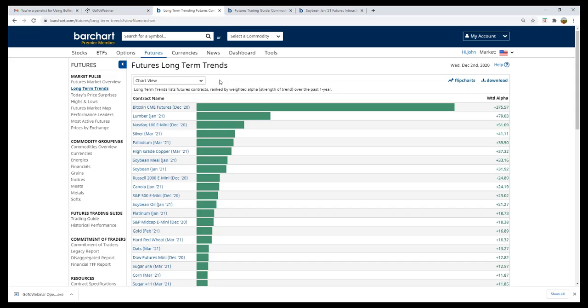And weighted alpha basically looks at a larger weighted alpha. It represents a larger price movement in recent terms versus over a longer period of time. It's really how much has price appreciated over a year, but it gives a greater emphasis to price movements in the shorter time frame. So if I went to performances and